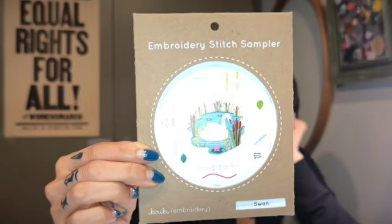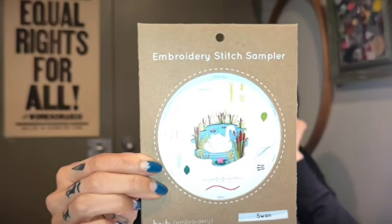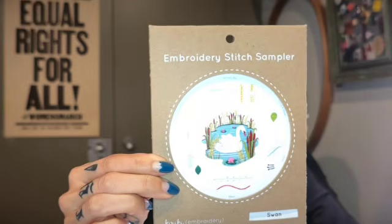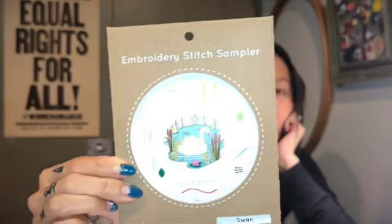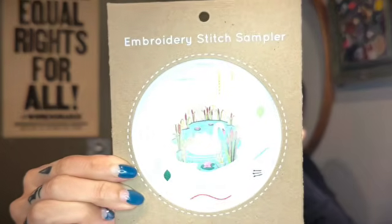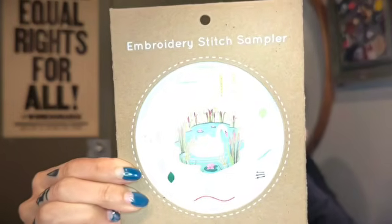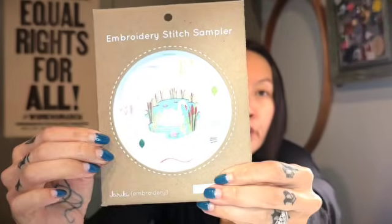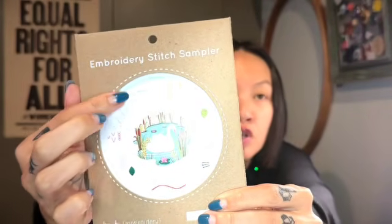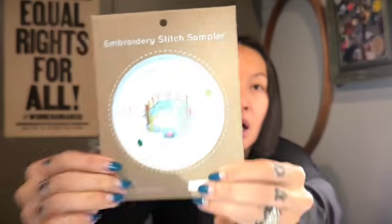There are 2 embroidery kits right now. One is the Swan, and I cannot remember what the other one is. But what I really like about this is not only is there a beautiful image to stitch, but also instructions on how to do these specialty stitches. So it comes flat packed like this, and I've taken the contents out. When you open it up, inside you will find